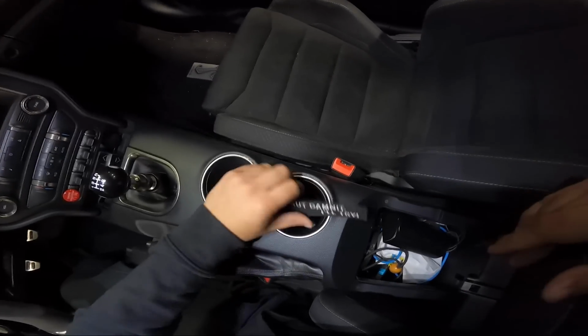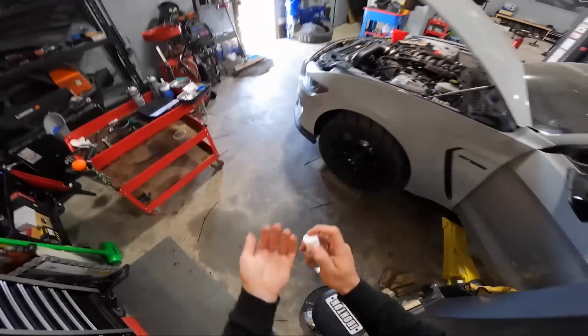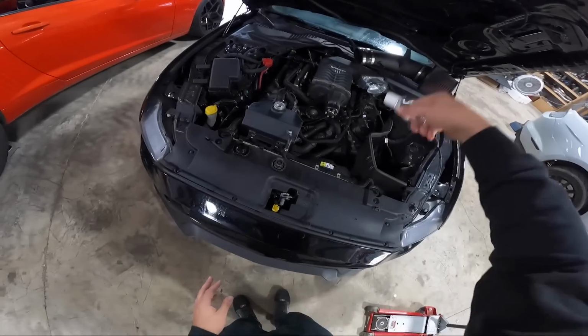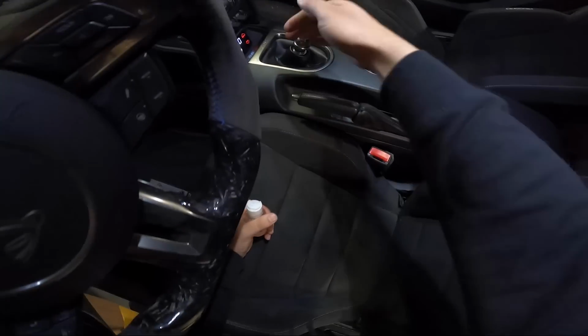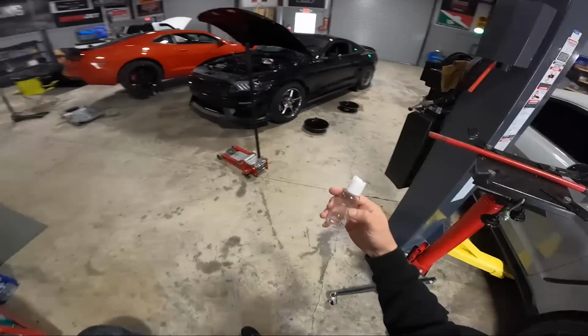Oh my gosh, I forgot about this. One time at an event, my grandma came out and brought me some holy water. I'm gonna go ahead and, while I can, this car is named Lucifer. Yeah, that's a few drippy drops here. It's a little late on this car, but let's just, yeah, that one too. I'm not taking any chances. I'm doing whatever we can. Definitely put some on the shifter. No 4th gear misses. We'll see how well holy water works. And just for good measure, there's a little bit left. Let's just...